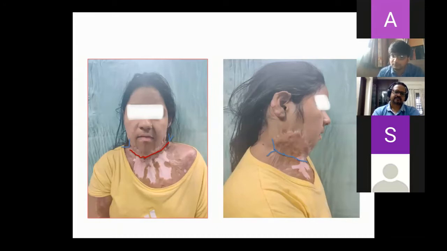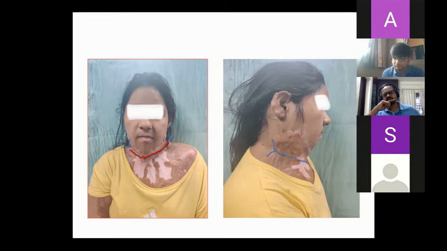It is the scar which is pulling cranially and caudally. So you should incise exactly at the level of the summit of the scar. Understood? So then only you'll get the maximum release.